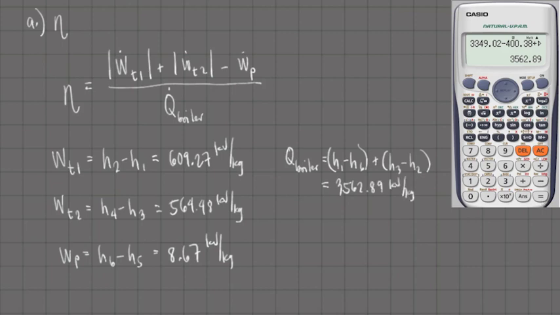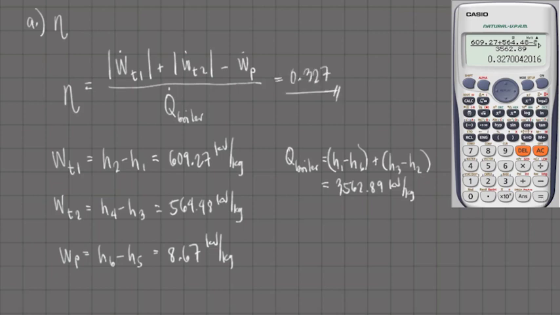We can now substitute all of these values to our definition of the efficiency. That is 609.27, the work output of the first stage of the turbine, plus 564.48, the work output of the second stage, minus 8.67, divided by 3562.89. The efficiency of the cycle is